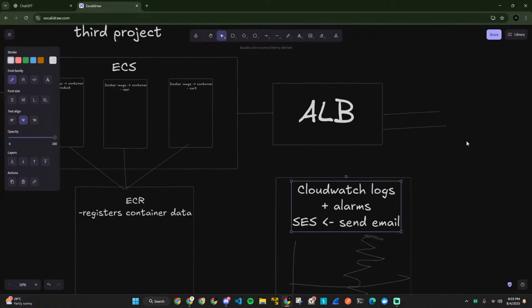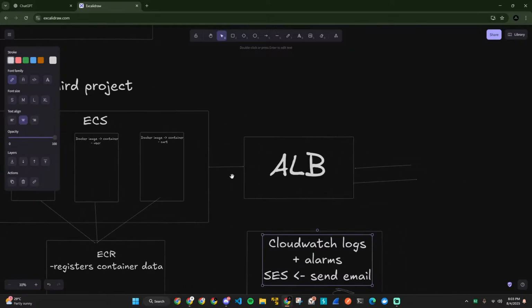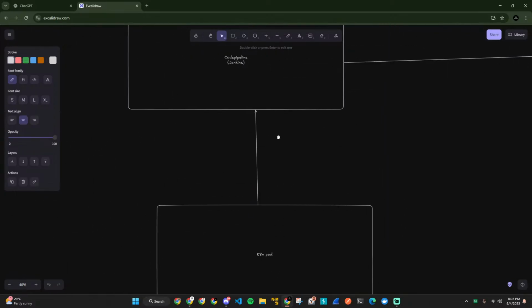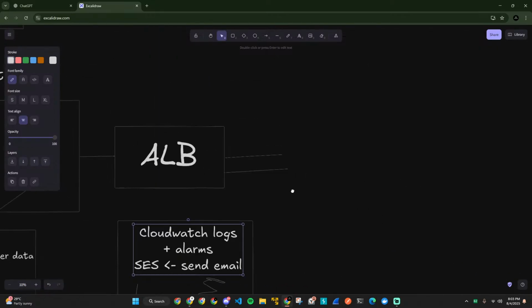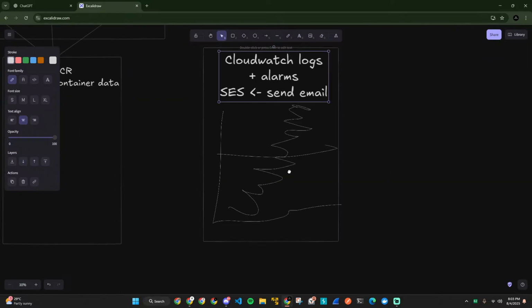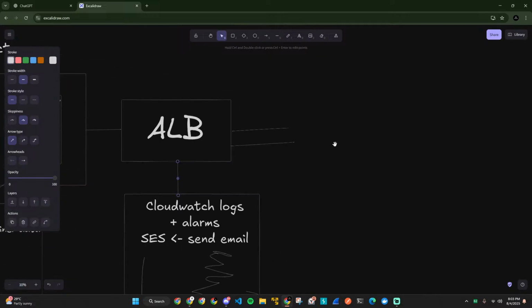Okay, so once we have that, the ECR, the ECS, and the ALB, application load balancer, and we have GitHub Actions, Docker image, K10 pod, CodePipeline, and ALB. So this is the application load balancer. And finally, one second, fifth one. Once we have the application load balancer, we're going to have